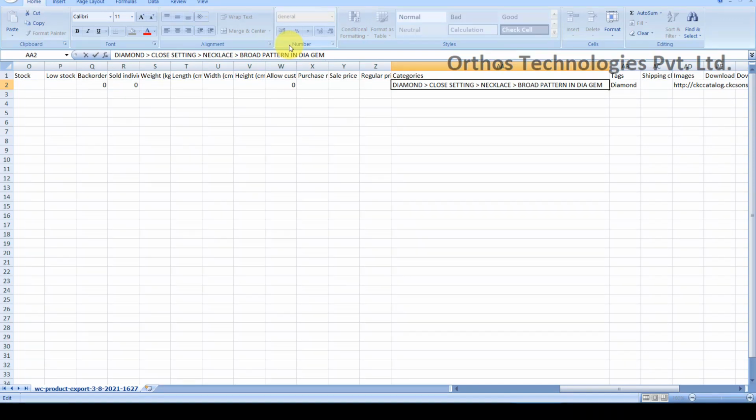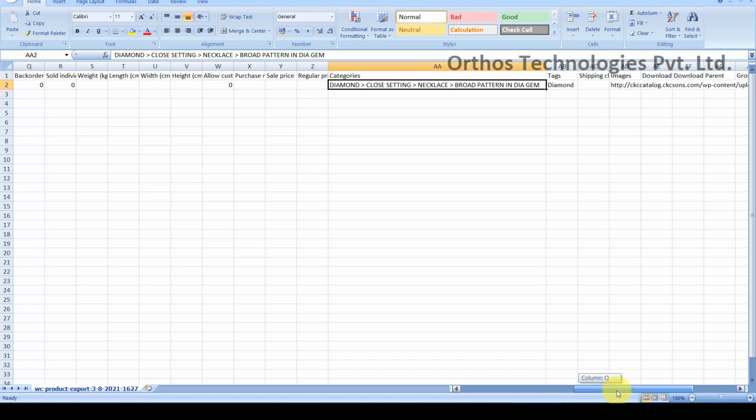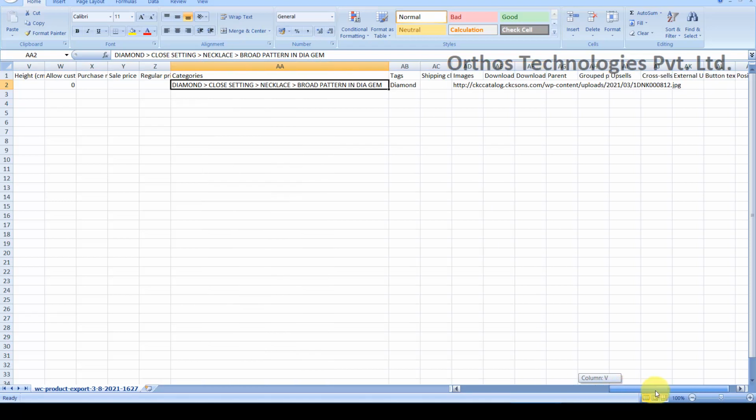You have to do this. So for now let this product be within the same category. So diamond, close setting, necklace, broad pattern in dia gem. So this should be the category of the new product that we are going to create.